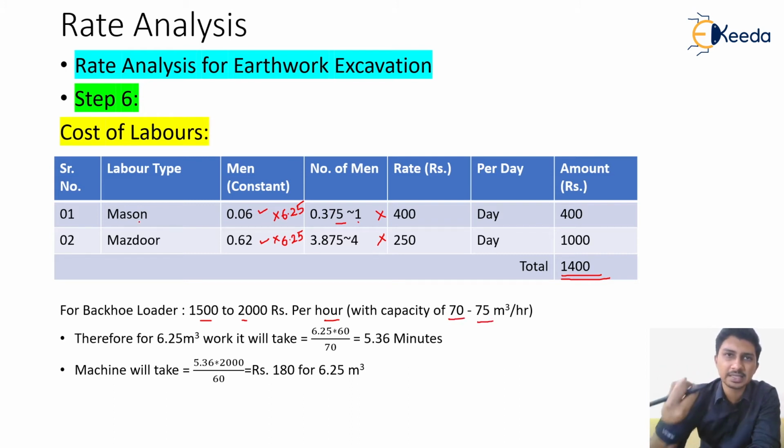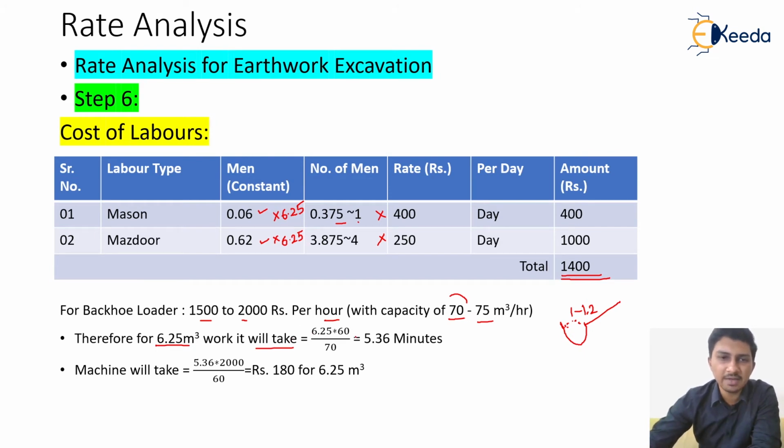That's the excavation capacity. That bucket itself has a capacity, as we know, this is the machine we have. I'm just not good with the drawings. This bucket quantity is nearly 1 to 1.2 meter cube. So in just a minute, it has a capacity to take out 1.2 meter cube of quantity. Based on that, that backhoe loader has a capacity of 70 to 75 meter cube per hour. Our work is nearly only 6.25 meter cube. So now, for 6.25 meter cube, how much time is it going to take?